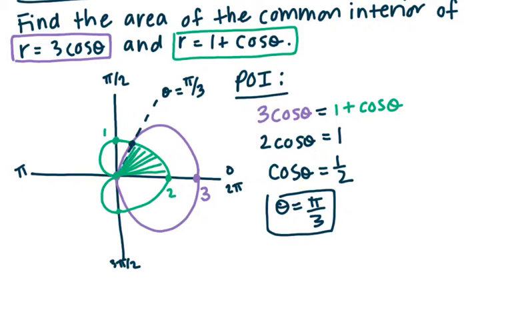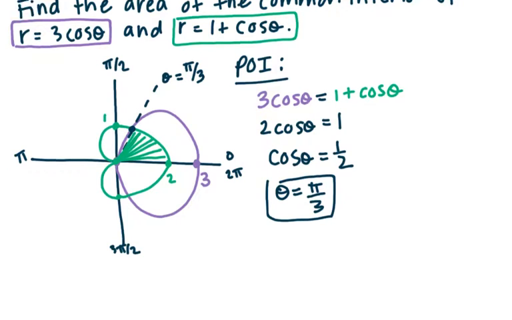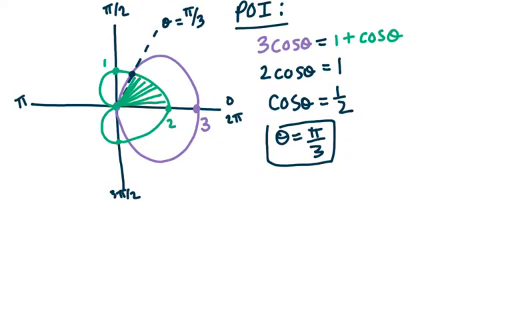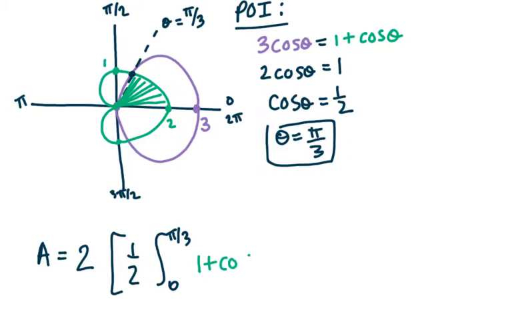That covers the area up to pi over 3. So basically my first area, again I'm going to use the 2 for symmetry, 1/2, and this starts at 0 and goes to pi over 3 of 1 plus cosine theta